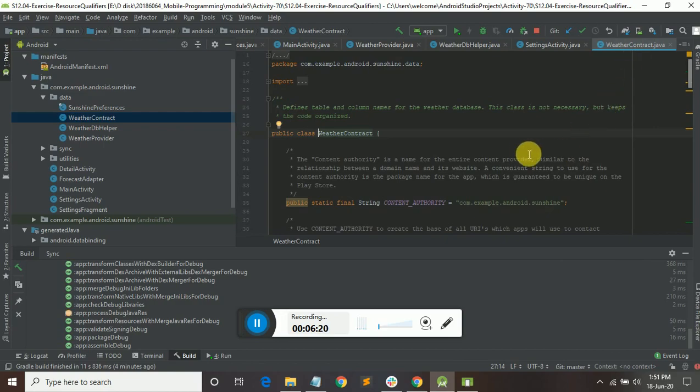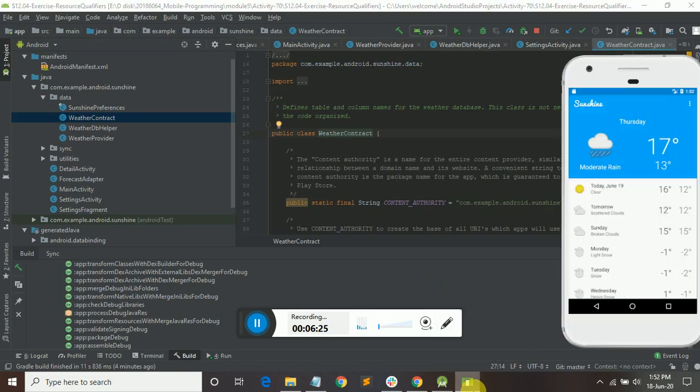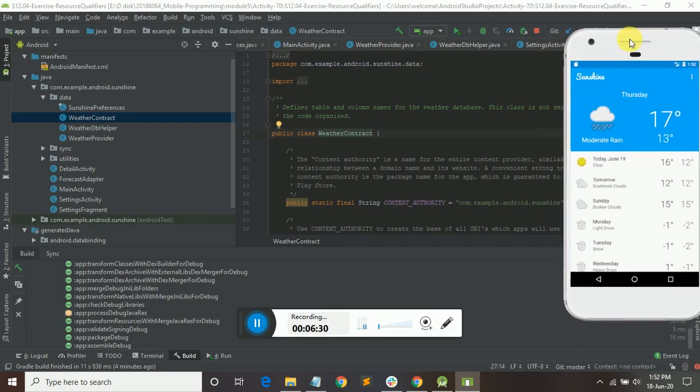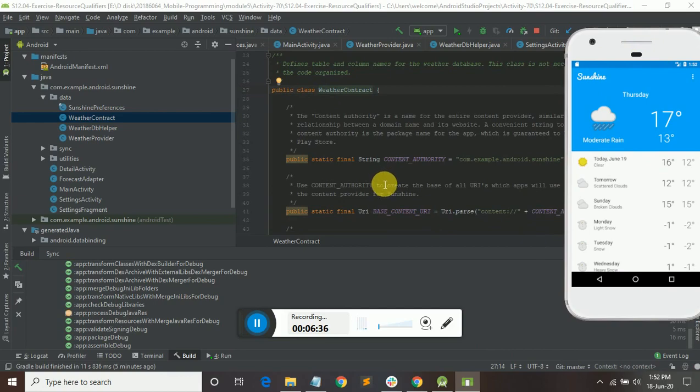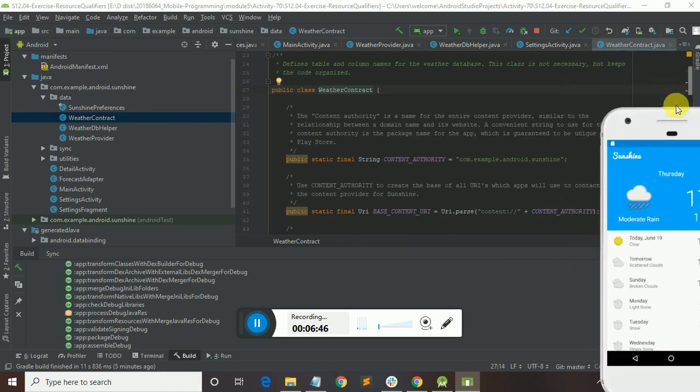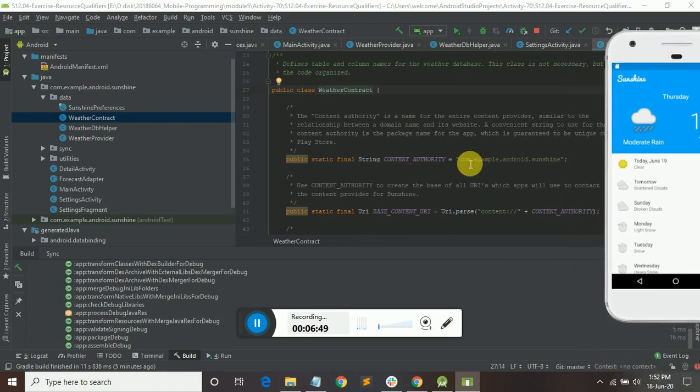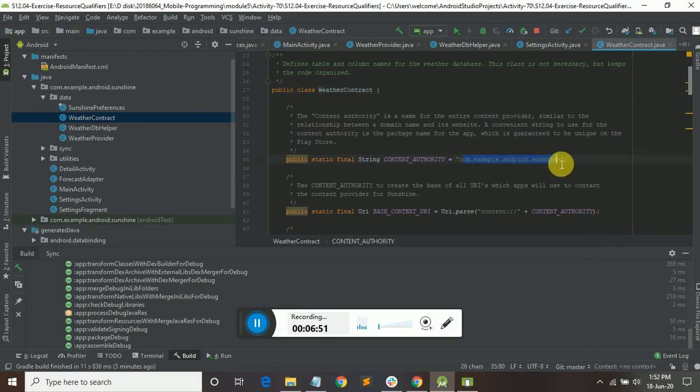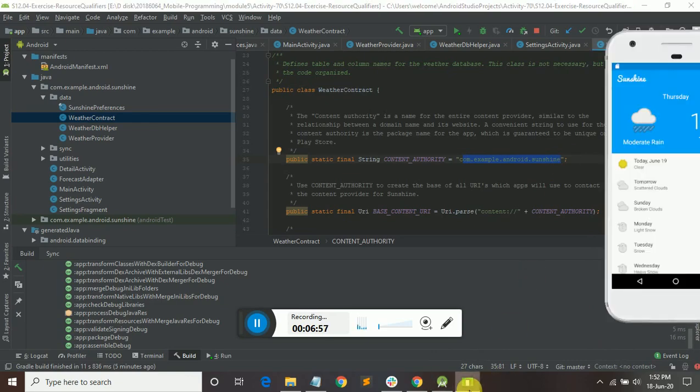The main purpose of this is that it's a weather database, how the data will be organized. This will be used, and here the entry is the content provider, and this is the content authority we are taking from, this is just what we can say while we are creating an applet. Like I told you, get preferences, we can conclude in that way.